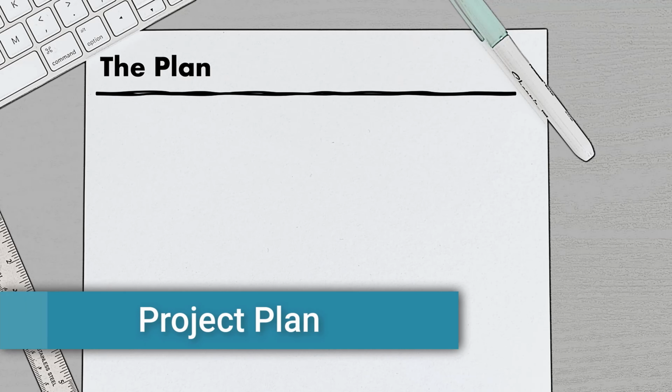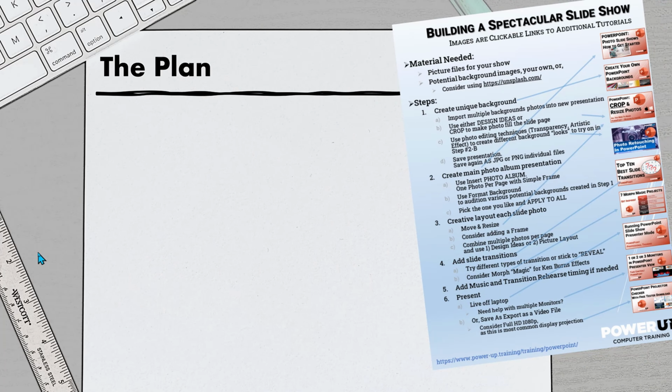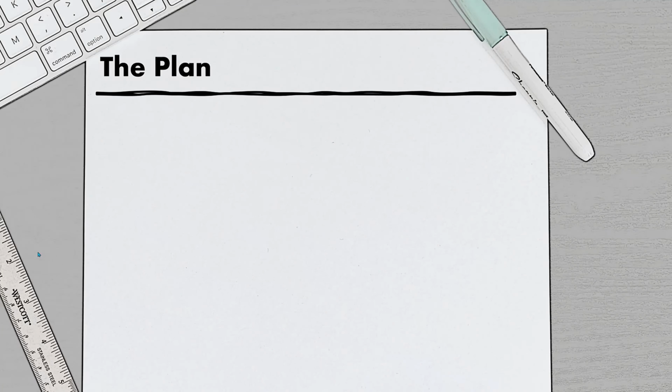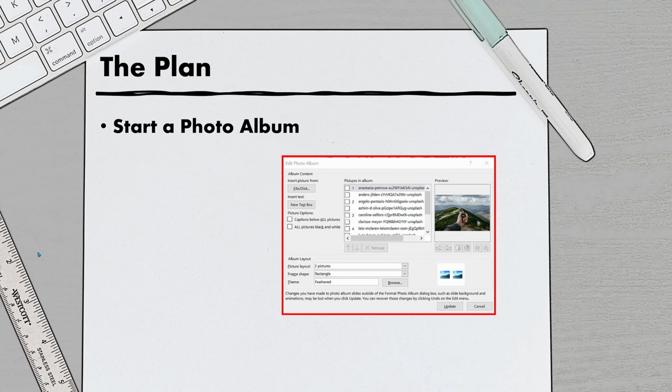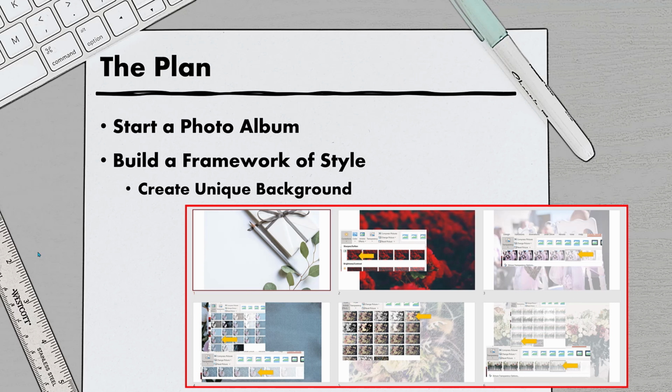Every project needs a plan, and here's our high-level set of steps. Don't worry, as I'll provide a downloadable link to a PDF version at the end of this tutorial. We will need to load up our images into PowerPoint, and the simplest way is through the building of insert photo albums. Then the key is to create a unique, customized visual style that will be unlike any other YouTube tutorial or slideshow that you've ever seen. This is the classiest and most important step.